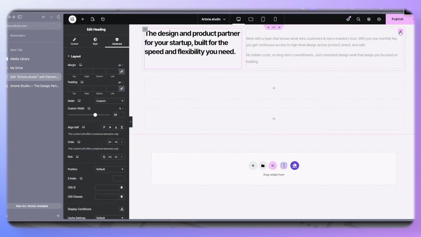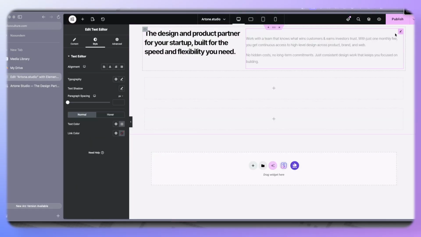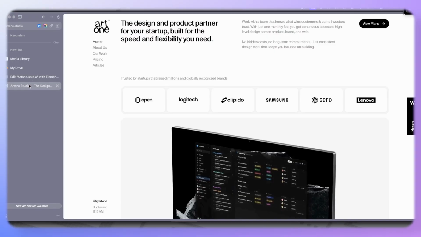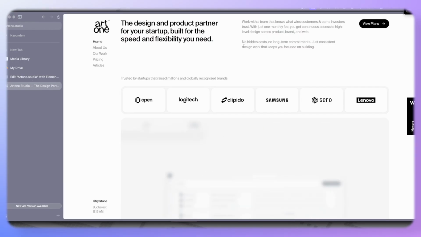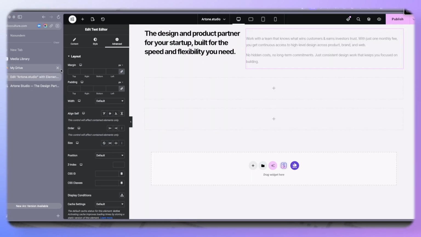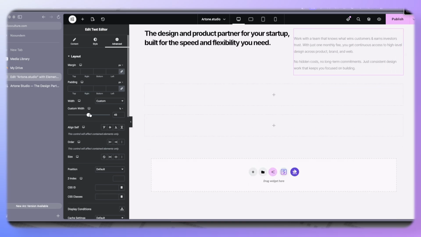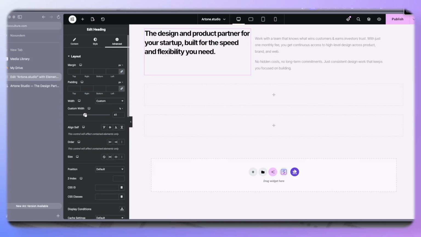Then this text, we have to give it a custom width as well, because this one has three lines and this one has two lines. So 3 lines. Go to advanced, width, custom. Should be somewhere around here. So this one should be